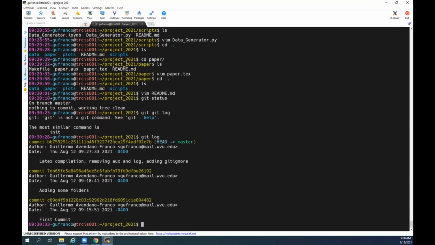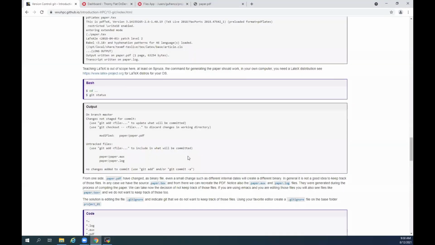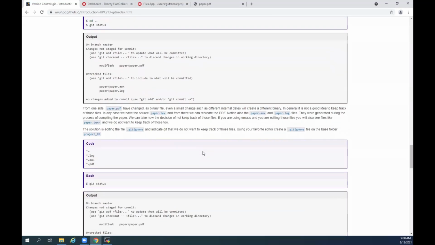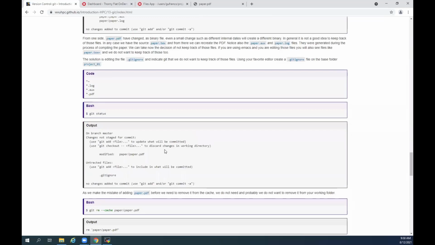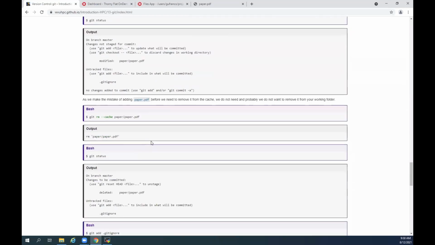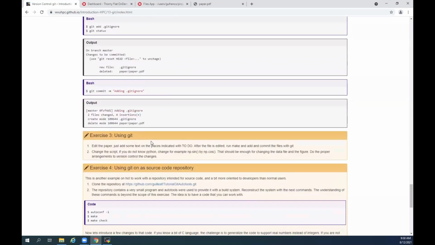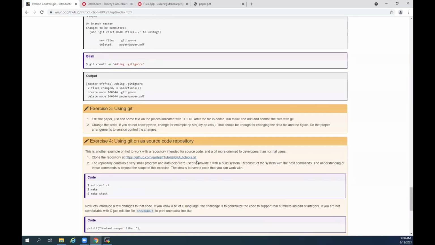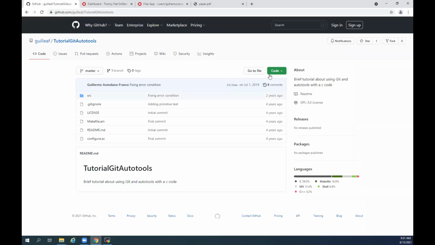So there are a couple of things that come up when we are working on a remote system. That will be the first exercise. But before that, I will demonstrate this one here. This is another example. So I will go into Github,